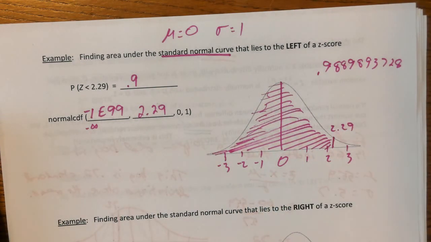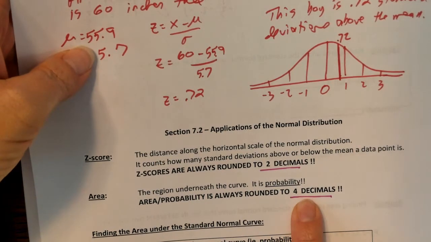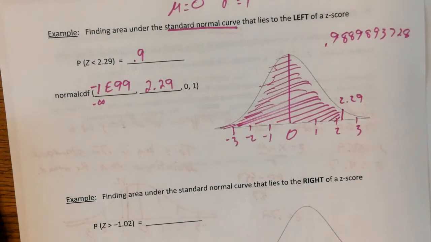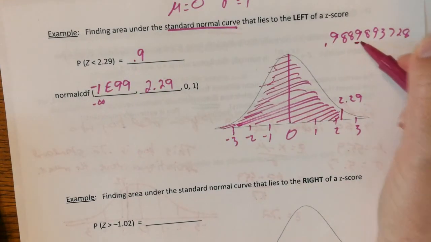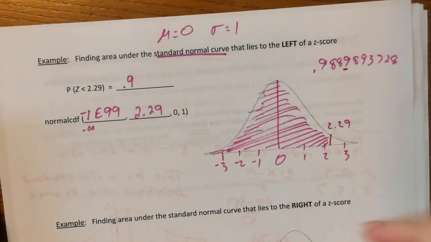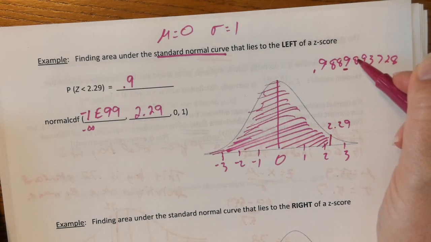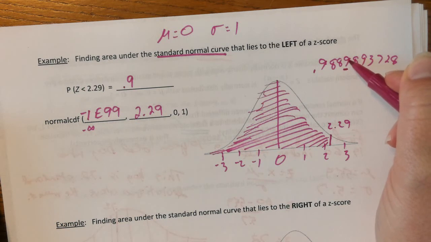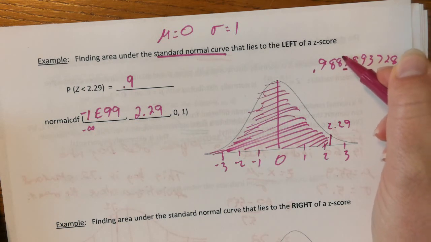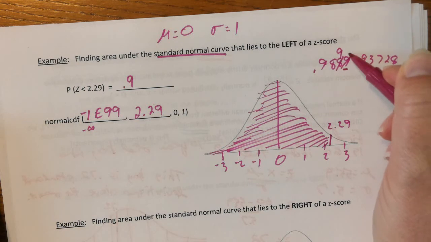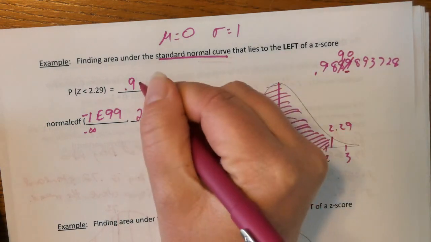Remember, we're finding area, and we said a while ago that we were always going to round area to 4 decimals. So my 4th decimal is this 9 right here. Because the number after it is 5 or higher, that 9 will go up. If you send 9 up, it becomes a 10, which means that 1 comes over here to the 8, and then I'll have a 0 right there. So my answer is